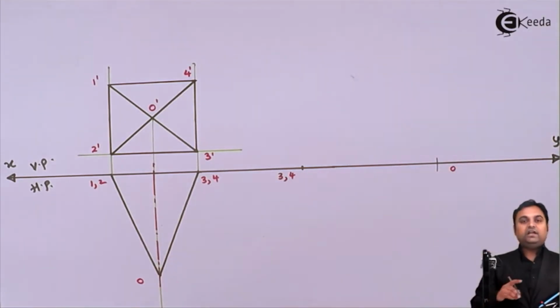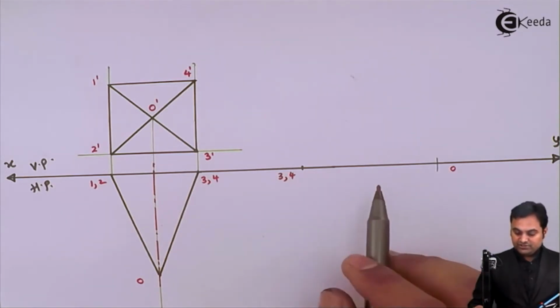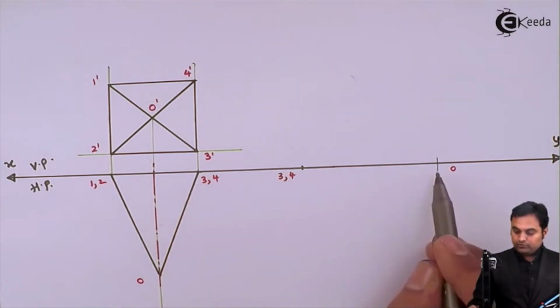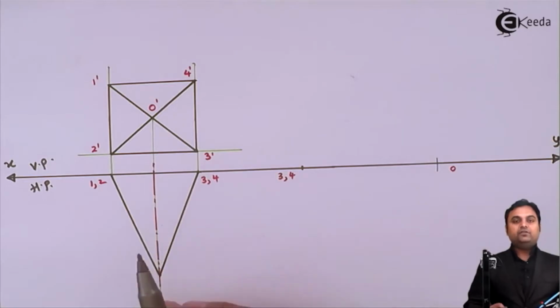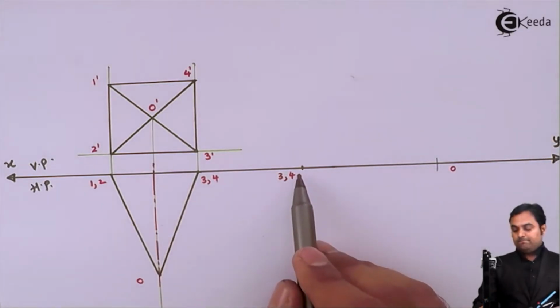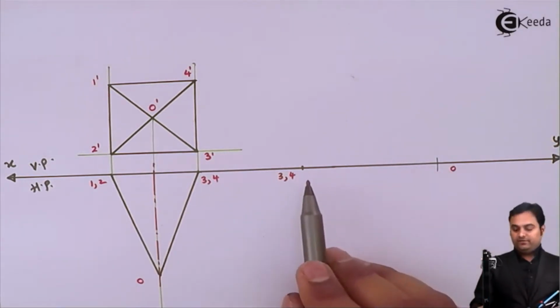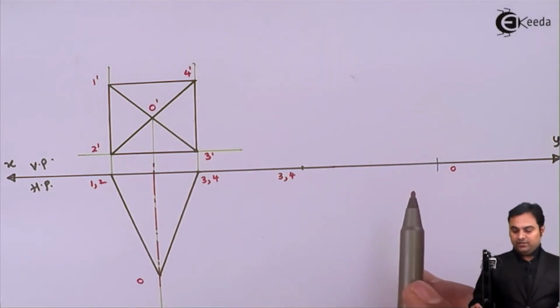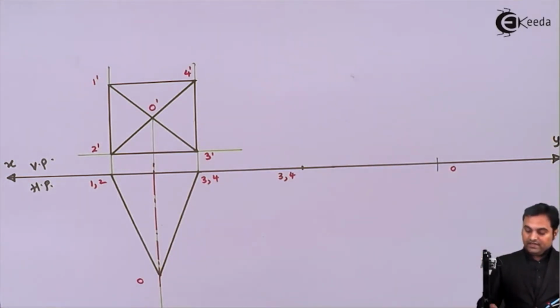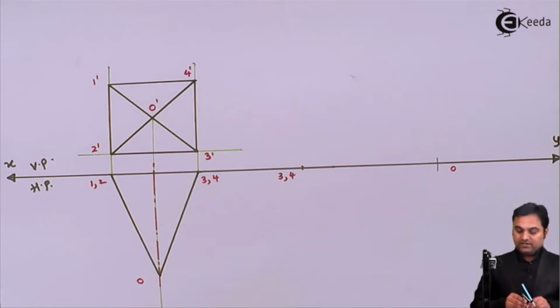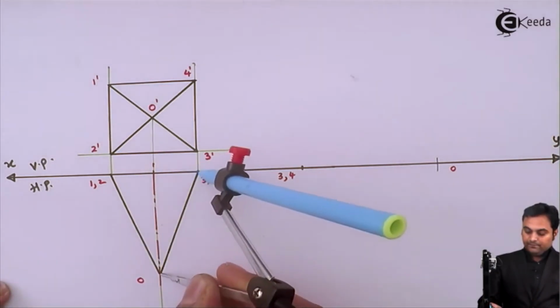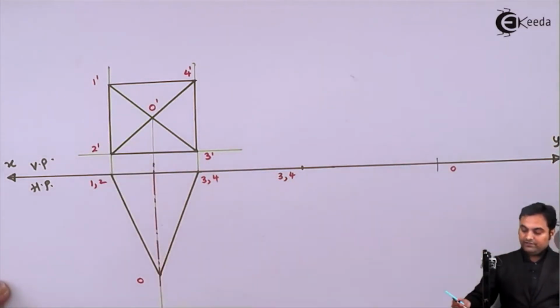So this straight line represents the triangular face which is O34. So O34 represents the triangular face, and now it is parallel or in line with VP. It means the triangular face is resting in VP. Next, after this, there is another slant edge of the same length onto the other side.